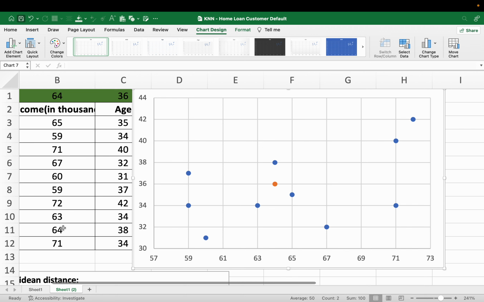And if you see here, it looks like this data point matches very closely with these three. One thing that we have to do upfront, in the beginning, is identify what should be the value of k, which means we want to compare this data set against how many